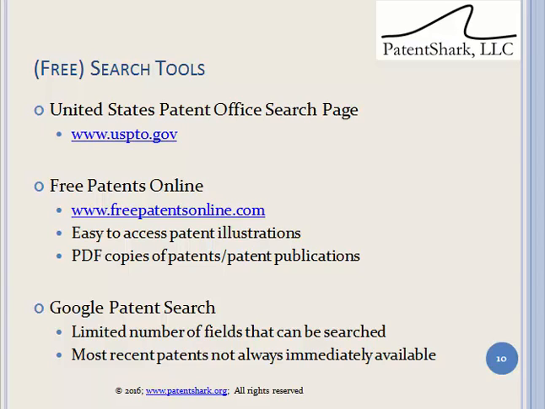Well, one of the first tools you can use is the United States Patent Office search page. They have their own little search engine for finding patents. If you go to www.uspto.gov, you can find this search page. A second source is Free Patents Online, which can be found at www.freepatentsonline.com. You just have to create a very quick, free profile, and it's easy to access the patent illustrations, and